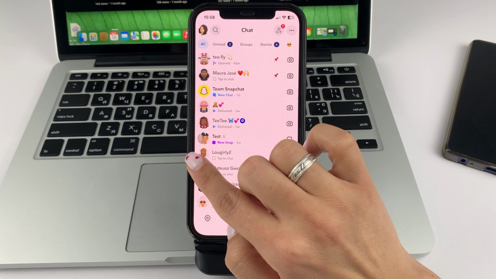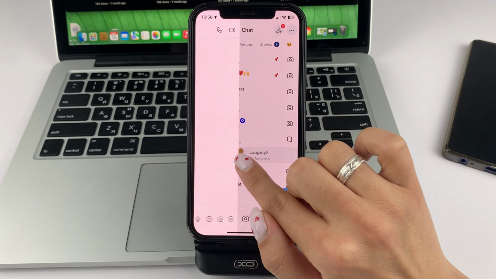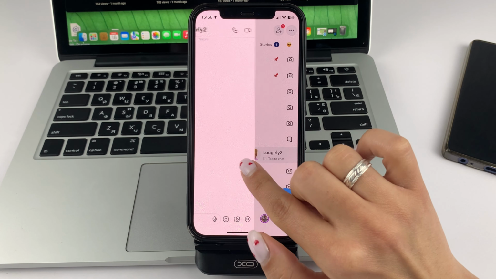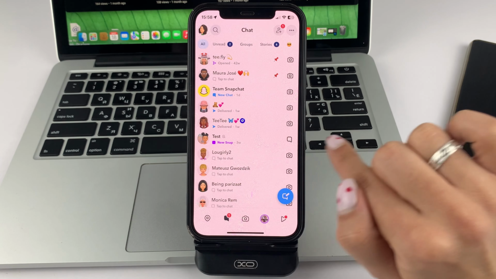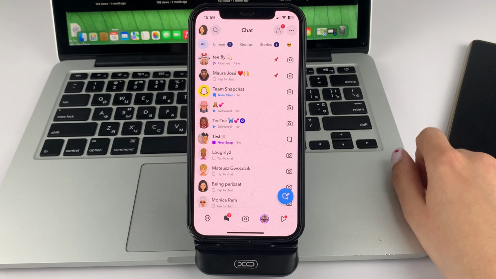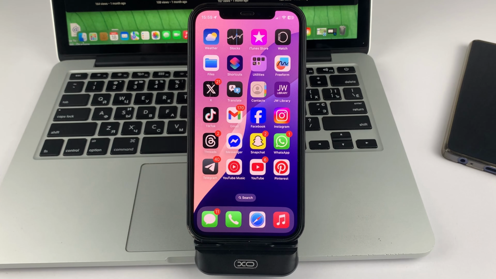So, one more time. You click on the person and pull. That's how you get to the conversation and you see the message. The main thing is, don't let it go, don't pull it to the end, but bring that conversation back to the left side. That's how very quickly you can, friends, check the message in Snapchat without opening them.